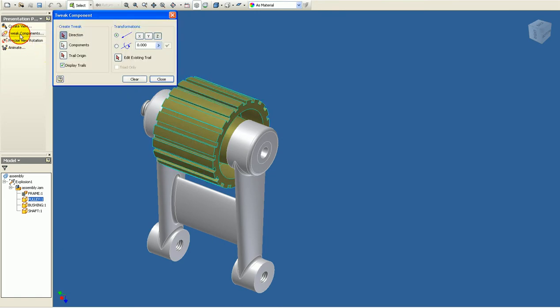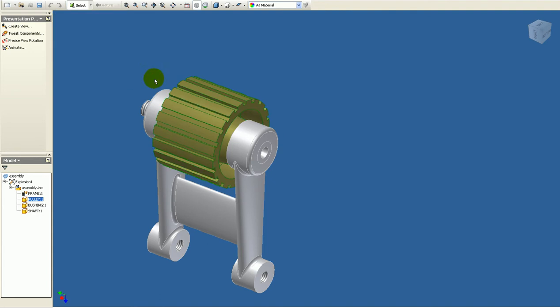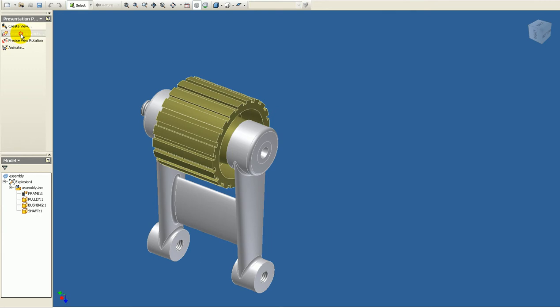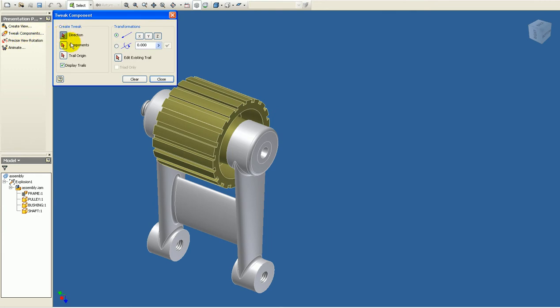We're first going to go to tweak components. Now, you can pick everything that you want to pick in tweak components. Let me make sure nothing is selected. You can pick the direction, you can pick the components, you can pick the trail origin, you can pick everything that you want to pick, or you can use the assembly constraints that you used to pull this thing apart